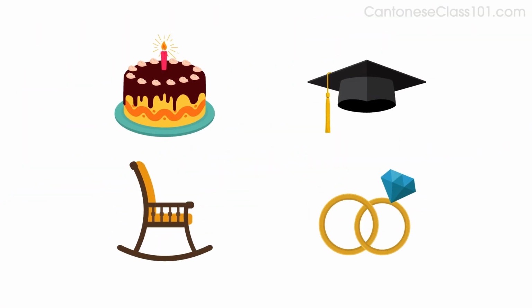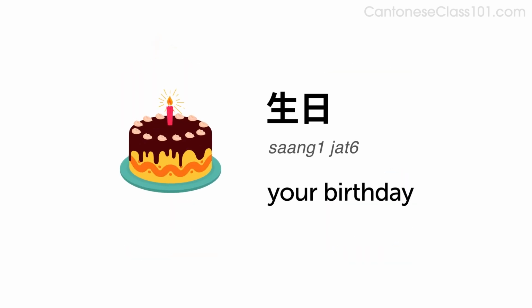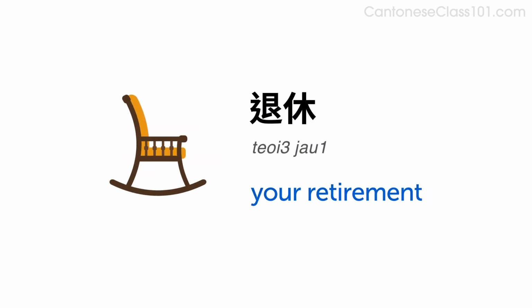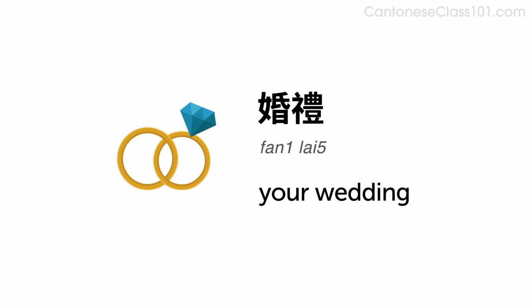Here are a few more phrases you can use with the same pattern to talk about upcoming events. Your birthday, 生日， your graduation, 畢業， your retirement, 退休， your wedding, 婚禮。